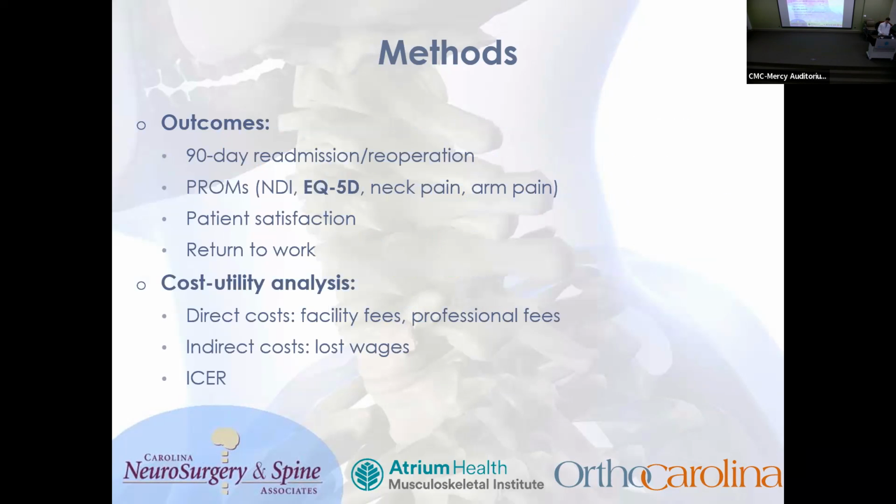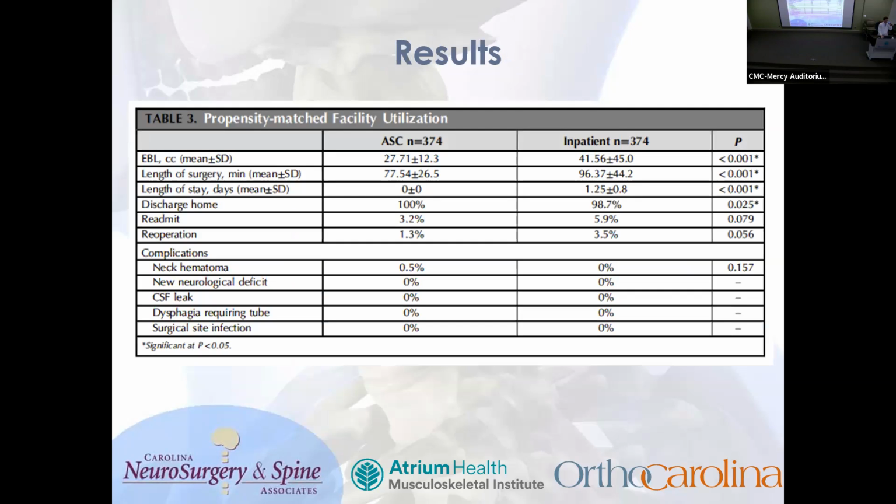So what we measured: we looked at safety outcomes, so 90-day readmission and reoperation. We looked at patient-reported outcomes, patient satisfaction, return to work, and then we performed our cost utility analysis. Direct costs we estimated using published facility fee data and professional fee data. Indirect costs were estimated using lost wages, and then we calculated an incremental cost effectiveness ratio. And so what we found was that